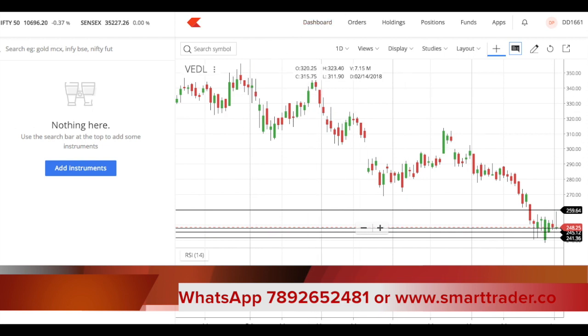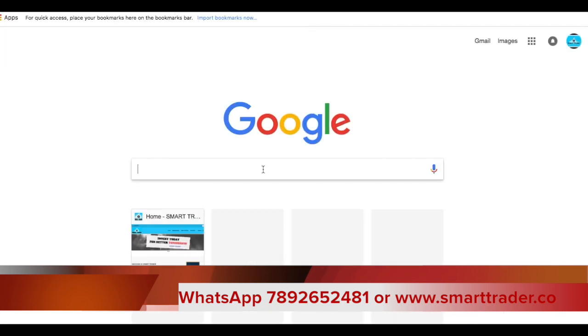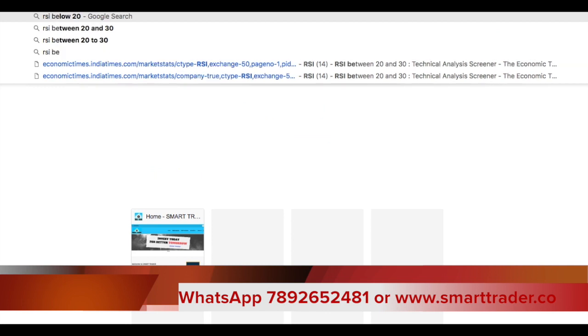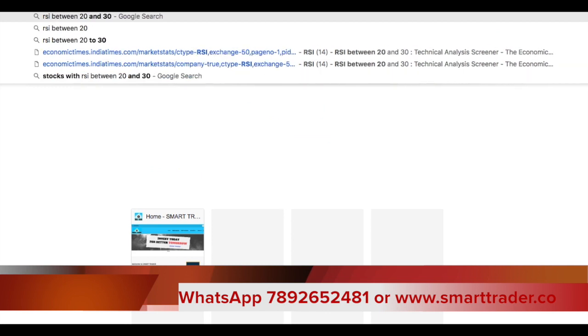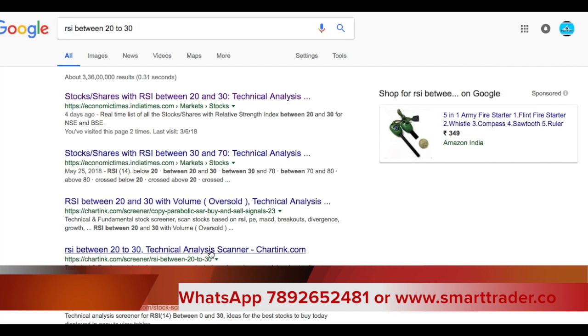Now what you need to do is just go to Google and type RSI between 20 to 30. As you know, strategies are not magic. These are created by humans. These are observations, so you need to observe the market. This is not recommended for you guys to buy and sell. This is just an observation so that you observe and learn from this,